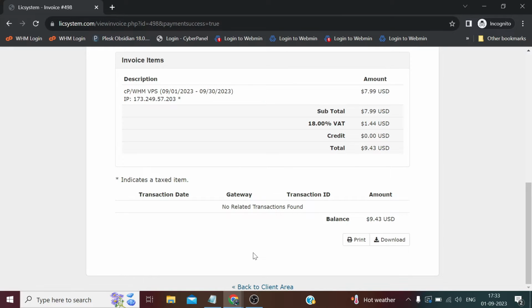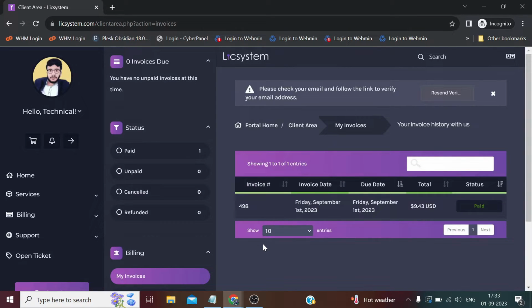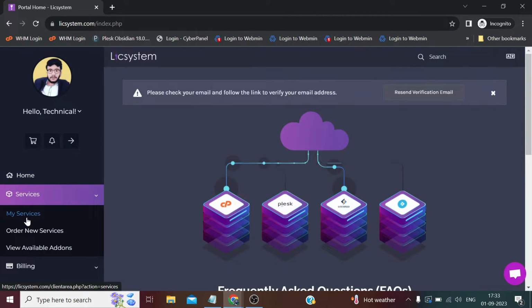So friends, I have received the email from them that my transaction has been successful and my service has been activated. Now if I go back to the client area, you can see my invoice has been marked as paid. Now I simply need to go back to home, services, my services,